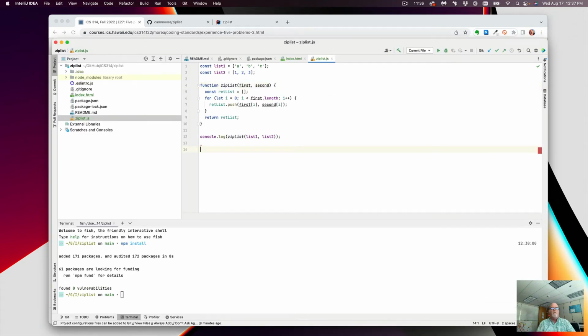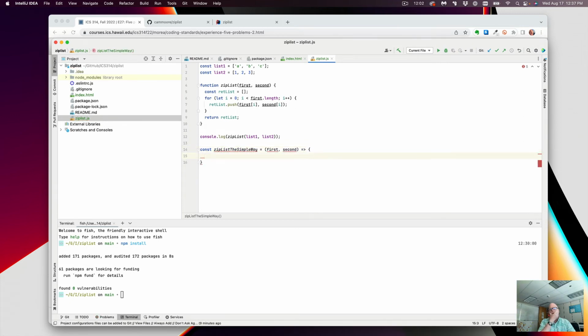We can write a function, or let's do an arrow function, const zip list the simple way is equal to an arrow function that takes first, second, and it's an arrow function,